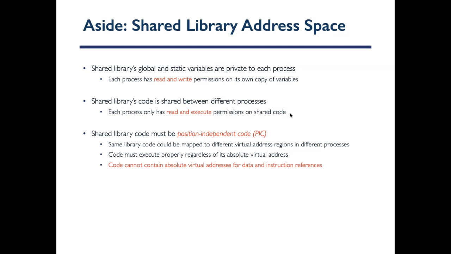To get around this problem, we're going to compile the shared library code in a different way than we usually compile our code. So the code should be compiled to be position independent. What that means is every